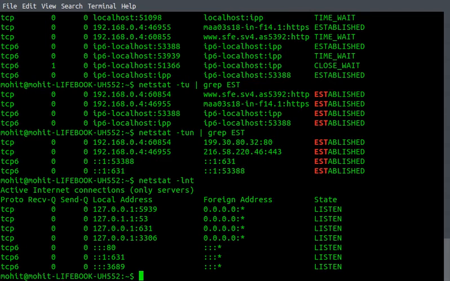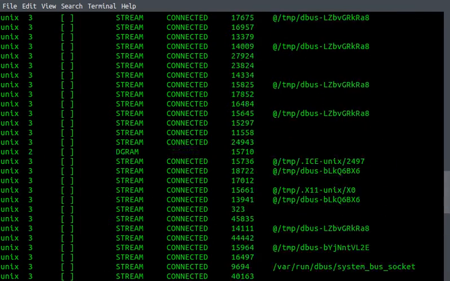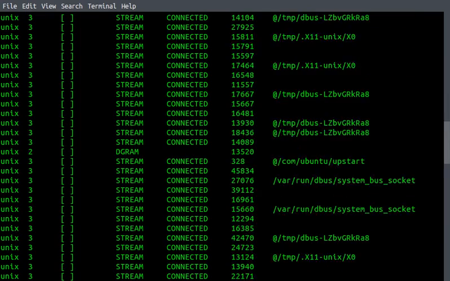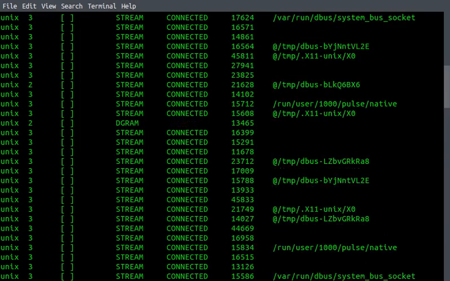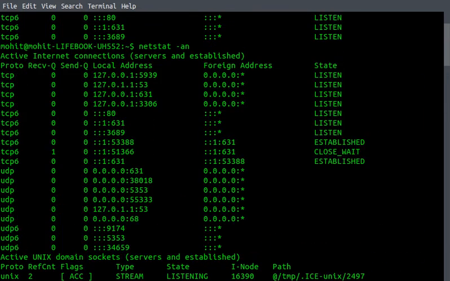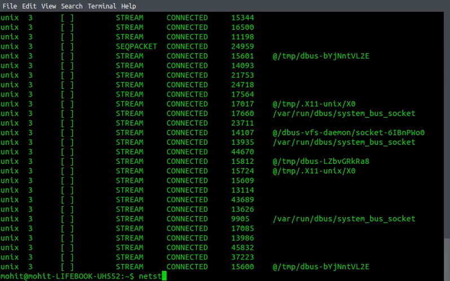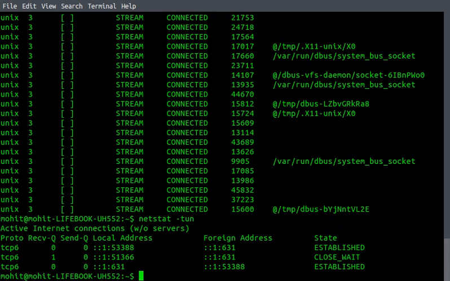And in case you want to see only the numeric addresses, -n is for numeric addresses, so you can see the IP addresses of all the connections here. So it's the same as if you are checking for TCP and UDP addresses. So these are the basic commands that you can do with netstat.